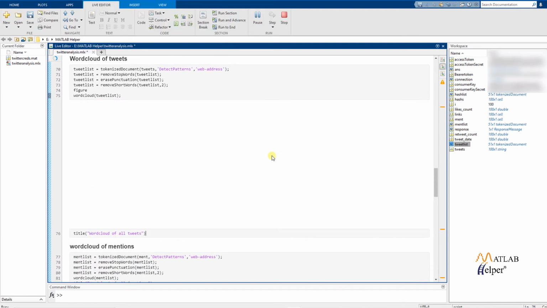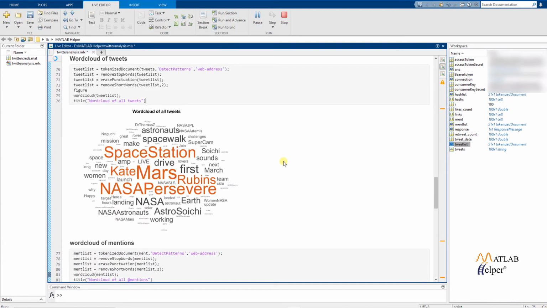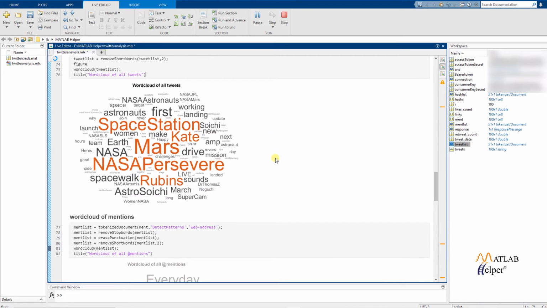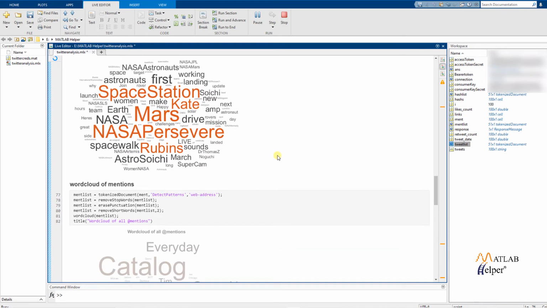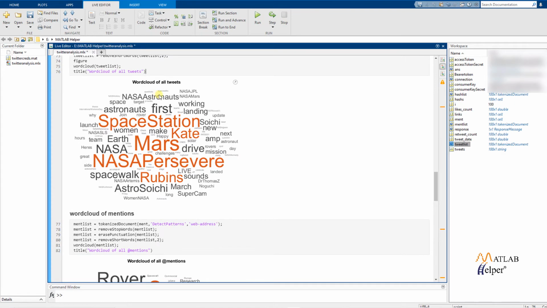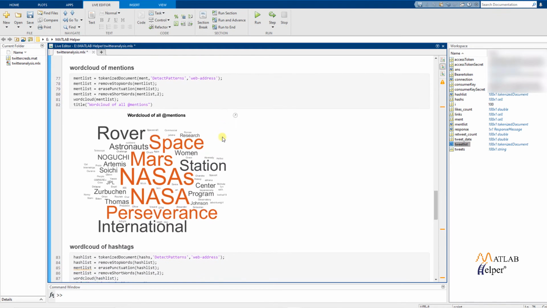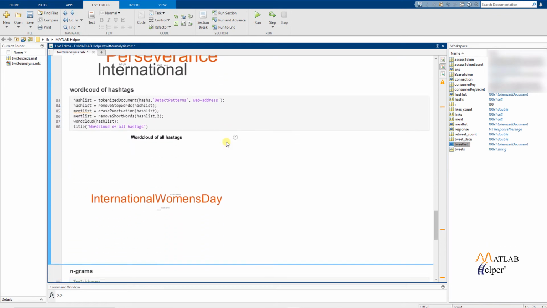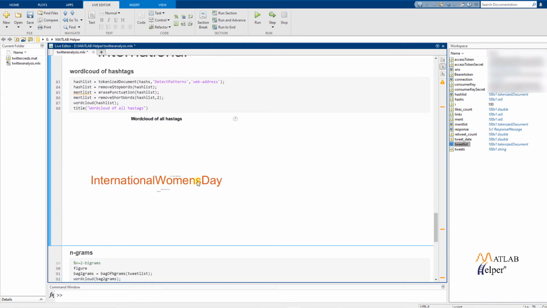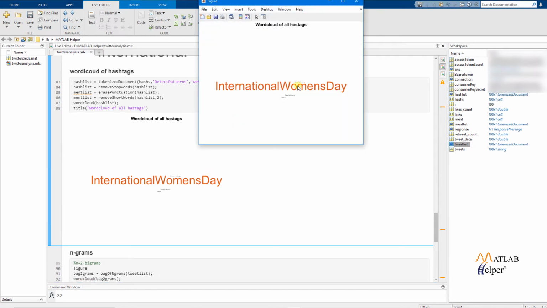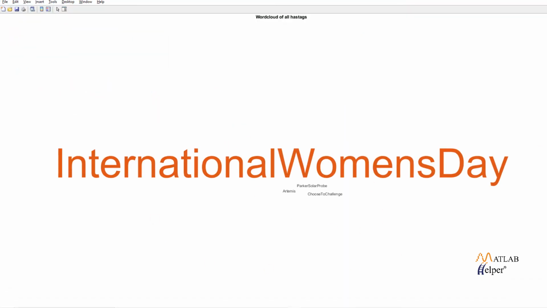We then run this section to form the word cloud images. As you can see, this is the word cloud of all tweets from NASA. This is the word cloud of all the mentions from NASA. And this is the word cloud of all the hashtags from NASA. That looks something like this.